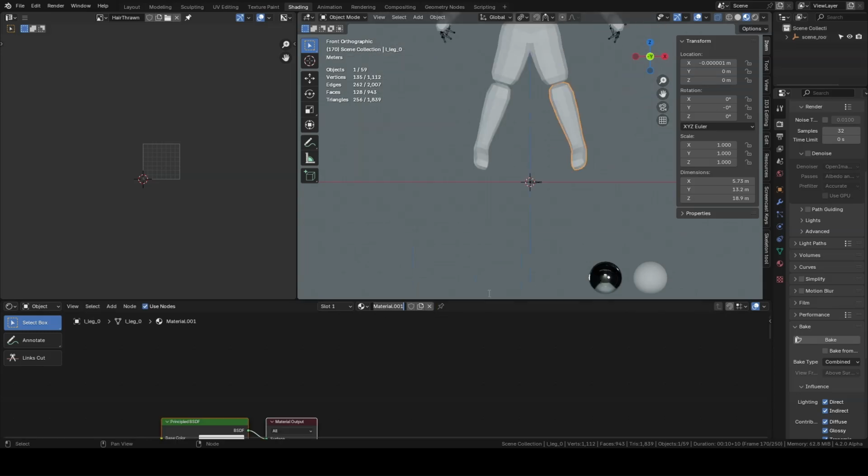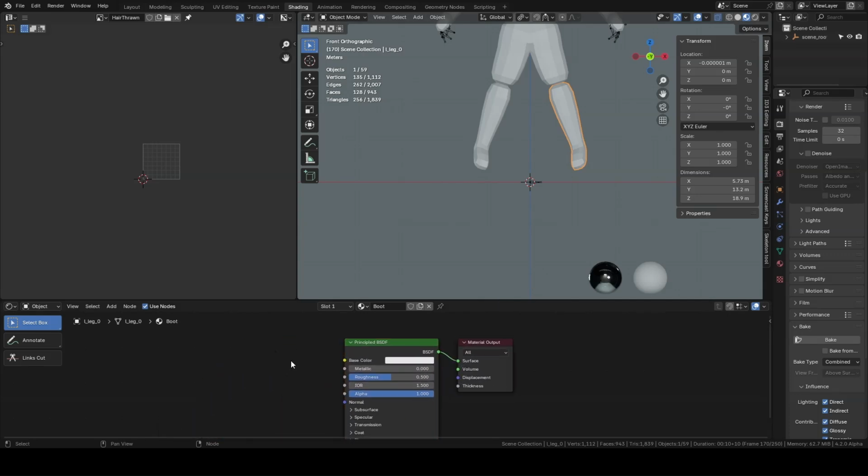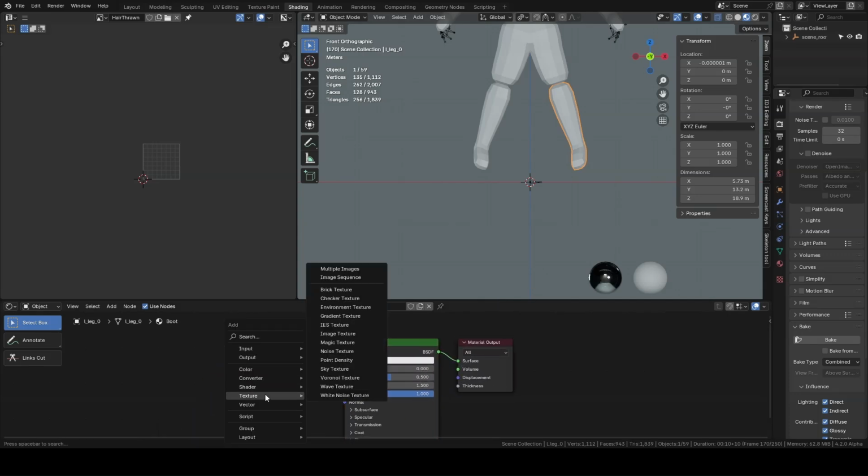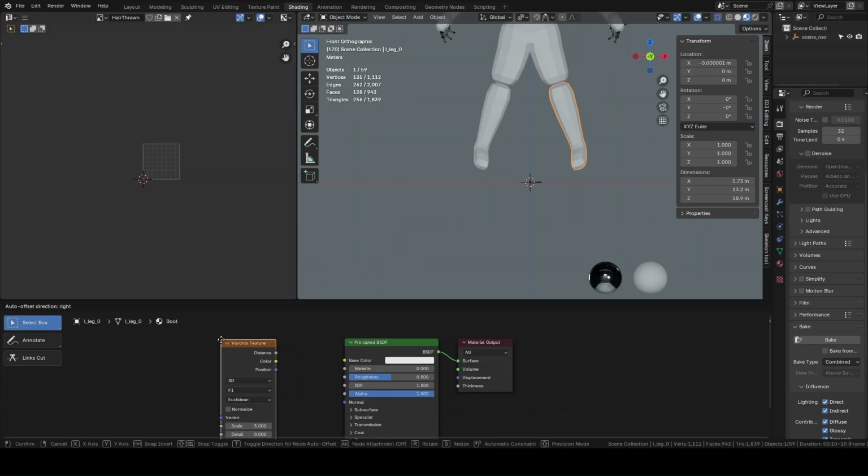Okay, we create a new material, name it boot. We can just create simple output like a Voronoi texture